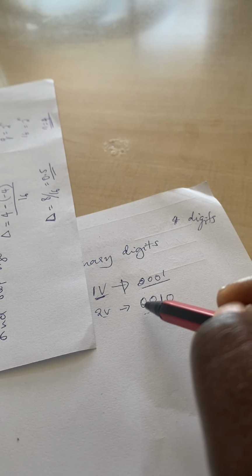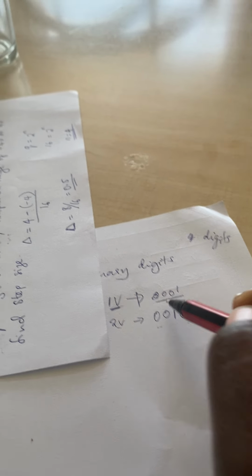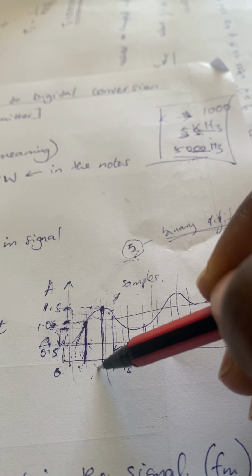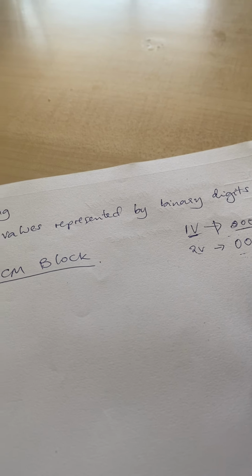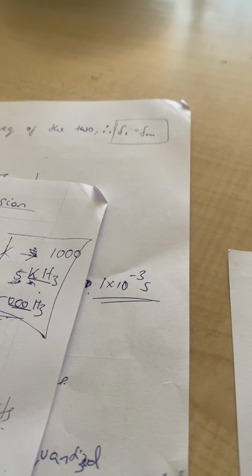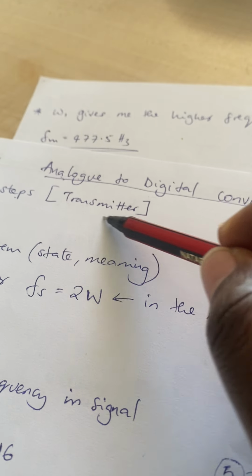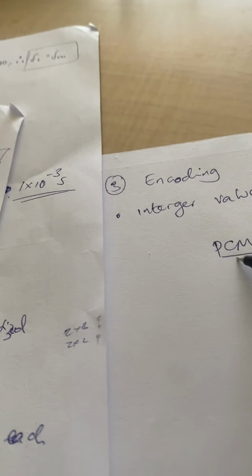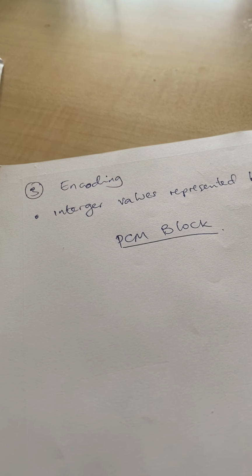So it will send this, and then it will send the next digits representing the next sample, which in this case will probably be this one. That's what happens under encoding. So for encoding, we are now sending these bits over the transmission line. The 3 steps that I've talked about are all happening under the transmitter. If we talk about the PCM block, we are talking about